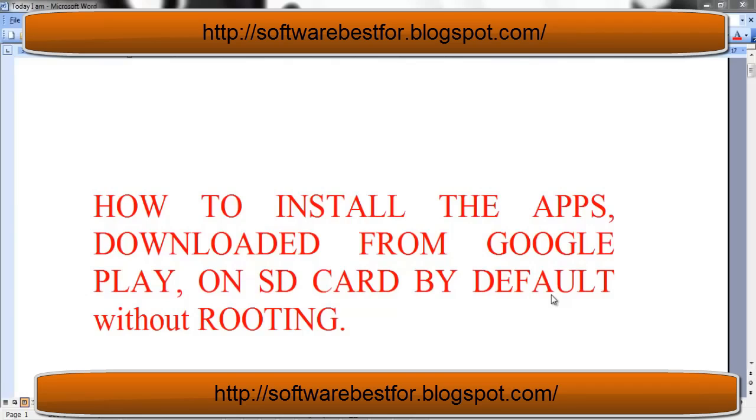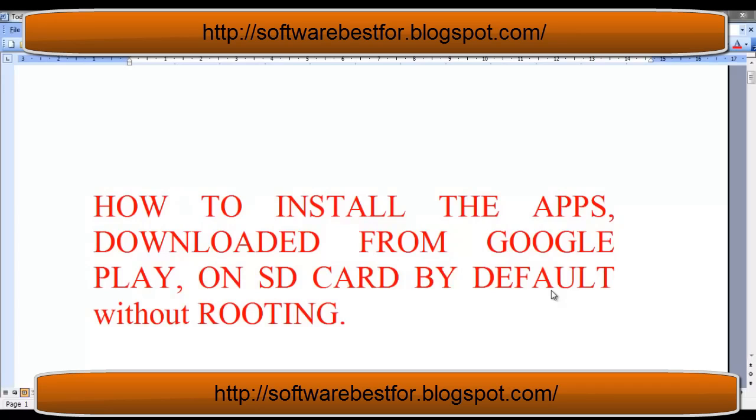We often purchase mobiles that have less storage. But there are certain applications, programs and games that require high storage, and we are unable to install them because the internal memory is less. Now in this video I am going to tell you how to install apps and games directly on the SD card